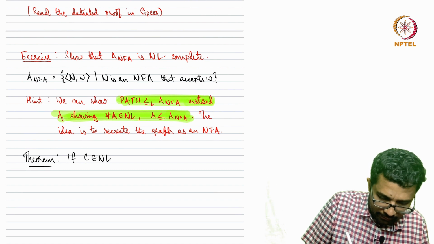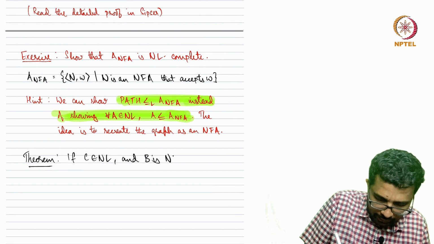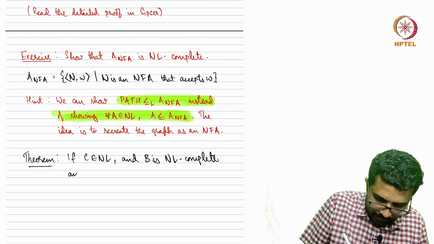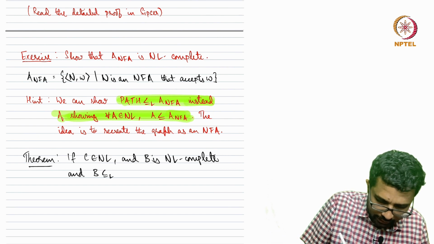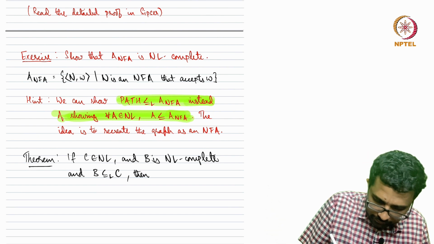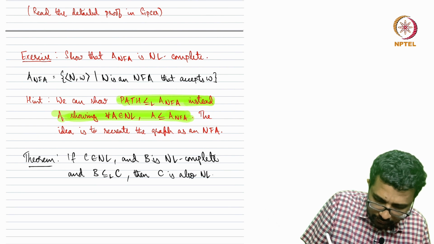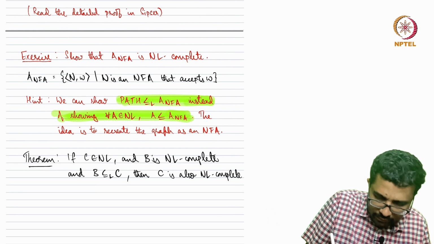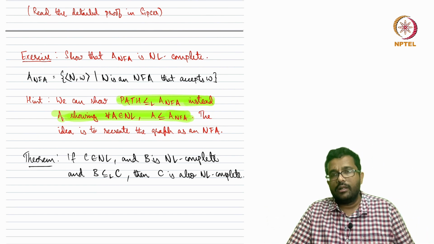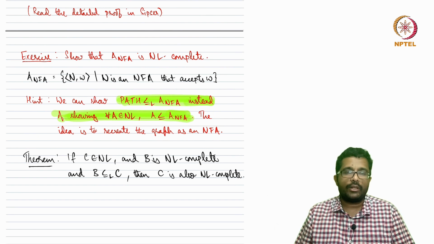If C is in NL and B is NL complete and B reduces to C in logarithmic space, then C is also NL complete. So instead of showing all languages reduce to A-NFA, we just need to show that an existing NL complete language reduces to